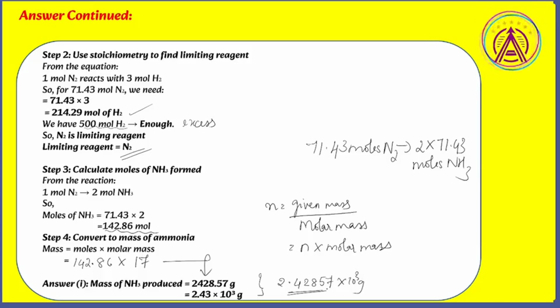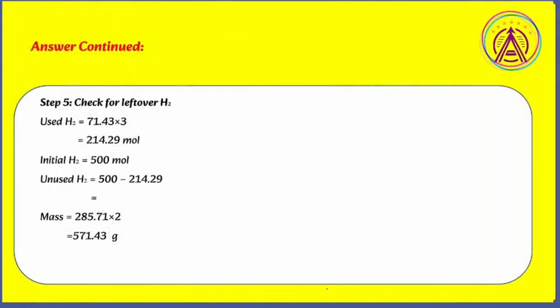So my second question is answered, and my third question is, if at all any reagent is in excess, we know that hydrogen is in excess by what amount? So if I just subtract the amount of hydrogen that I have, which is 500 moles, from the moles which I use, that is 214.29 moles, I get how many moles are remaining. Now this mole, if I multiply with my molar mass, I can calculate the mass of hydrogen which is remaining. So that is what we have done. We have 214.29 moles of hydrogen which is used. So the amount which is unused is 500 minus 214.29, which is nothing but